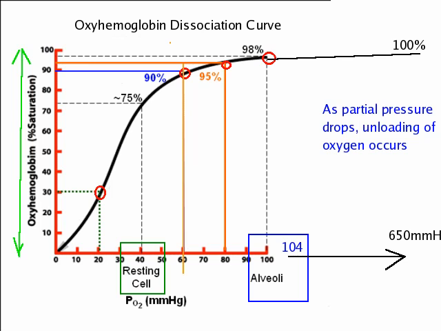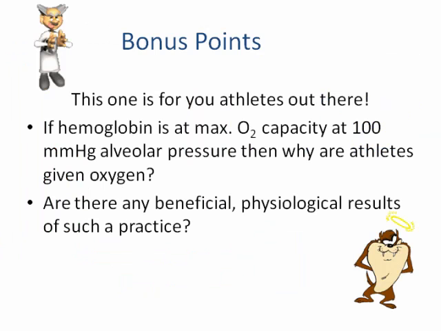That's the beauty of this. That is where this is going. Okay, that is where that is going. Now, what does this have to do with anything? Well, here's a little, and I'm going to count this as extra credit for you all. Here's where we're going with this. All right. If we say that hemoglobin is at max partial pressure, when it reaches 104 millimeters of mercury alveolar pressure,